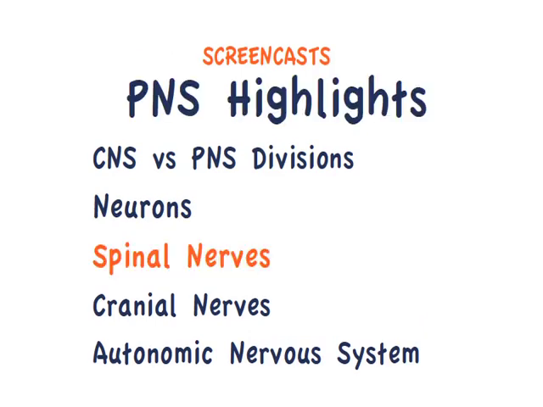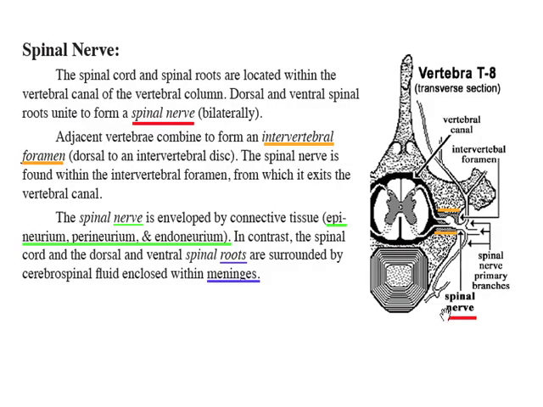This peripheral nervous system highlights screencast deals with spinal nerves. Recall that the peripheral nervous system consists of 12 cranial nerves and 36 spinal nerves in the dog and cat. Each spinal nerve is formed bilaterally by the union of dorsal and ventral spinal roots that attach to the spinal